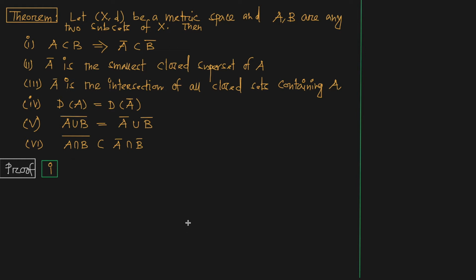Okay, so first, proof of 1. See what is given here: A is a subset of B. I have to prove that closure of A is a subset of closure of B. So what is our aim? To show that A closure is a subset of B closure. Okay,